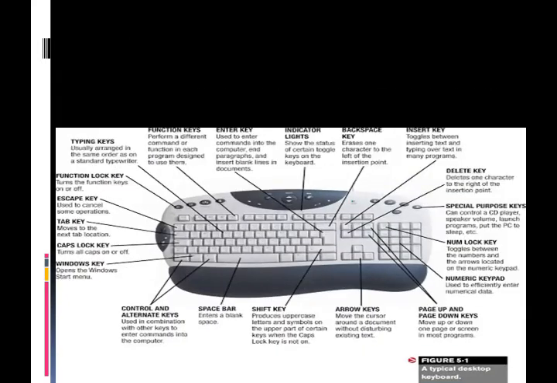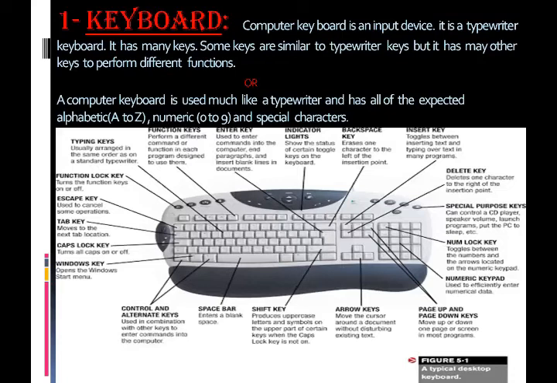Now we start the first heading, keyboard. To input data in the form of words and numbers, the most widely used device today is the keyboard. Letter and number keys are arranged like those on a typewriter, but there are also some extra keys and particular key combinations that help us give instructions to the computer.